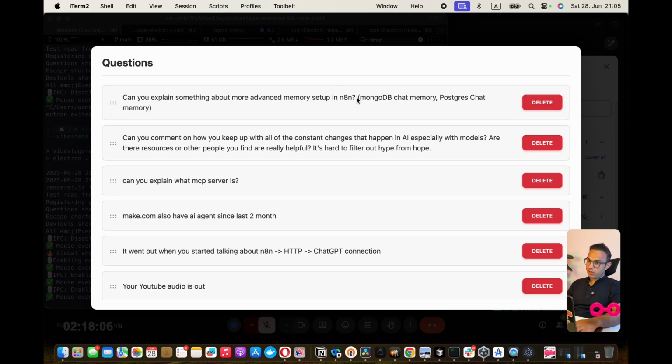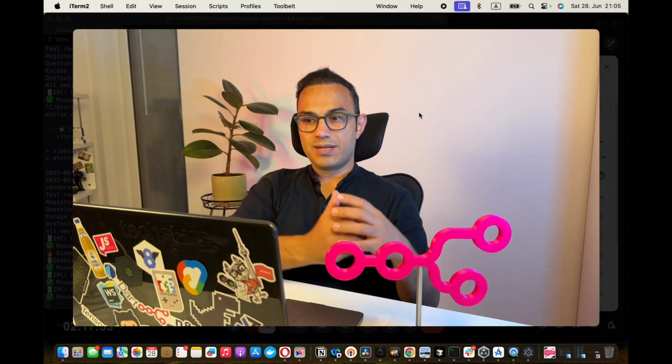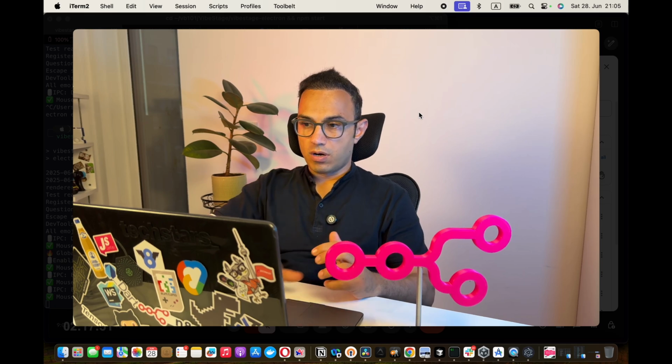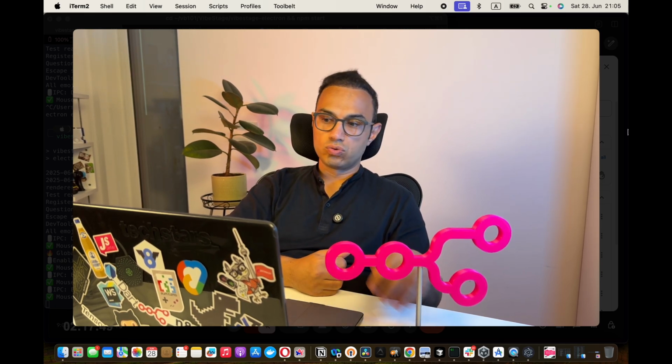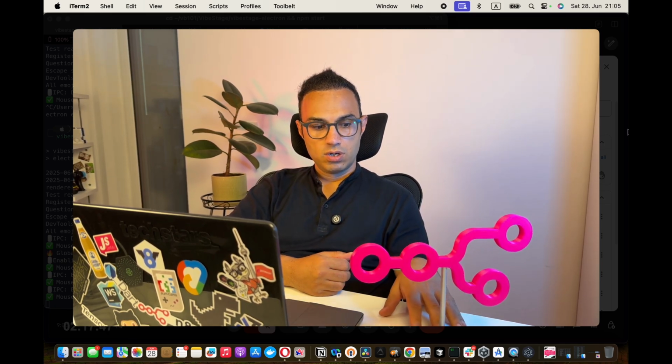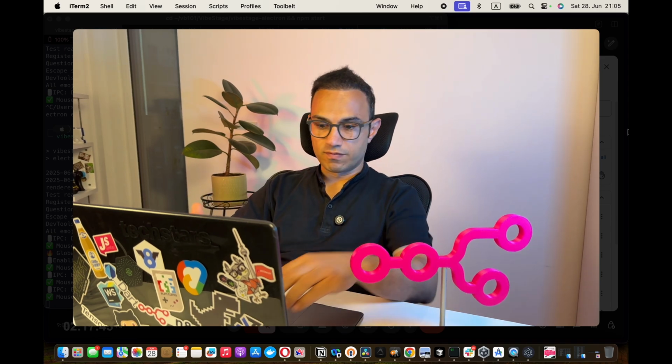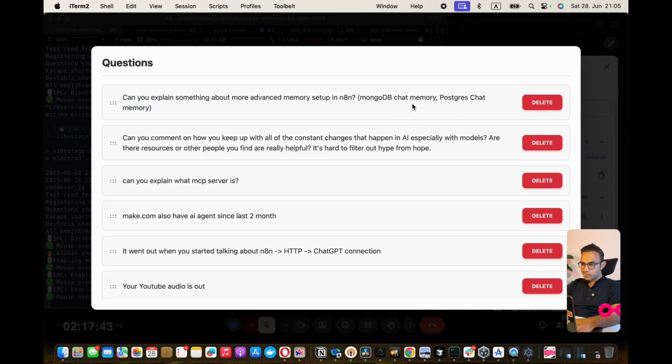What I just showed with the simple memory with 5 messages is maybe a Redis server in n8n. But the permanent databases are something to store it forever. That's the only difference, I would say. Like Postgres and so on.